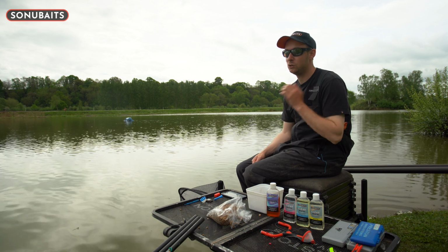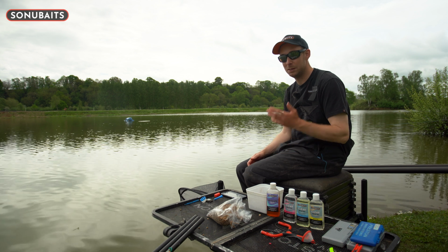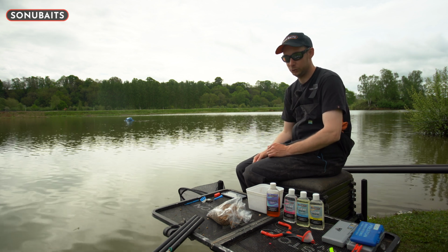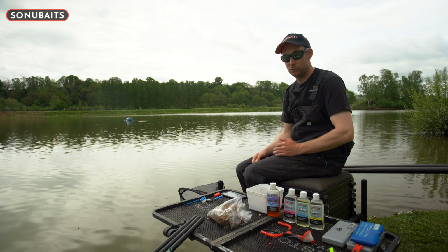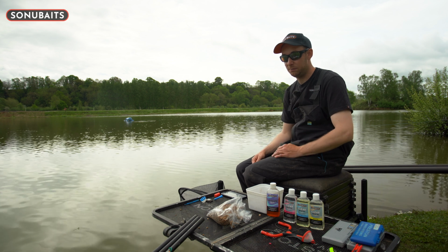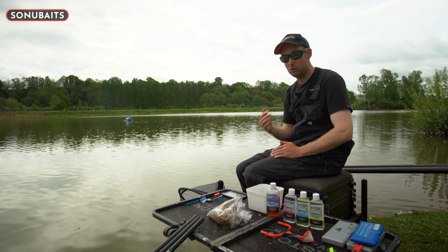Fishing with hard pellets on commercials can be a great way of targeting carp and F1s. It's probably the most consistent winning tactic on commercials all around the country. There are a couple of ways that I jazz up my pellets. Quite often you're faced with fishery pellets, sometimes they're quite light, so adding some oils to those pellets can make